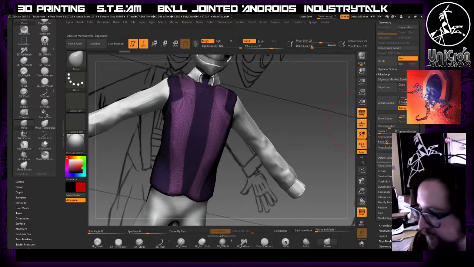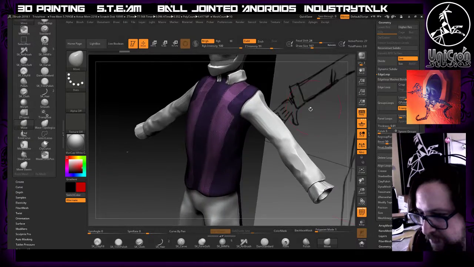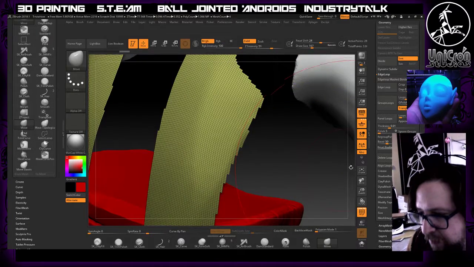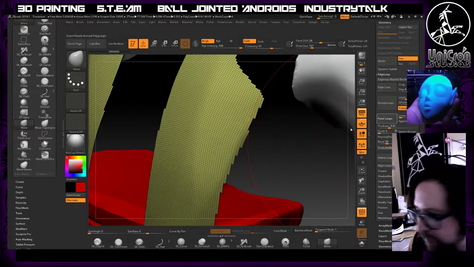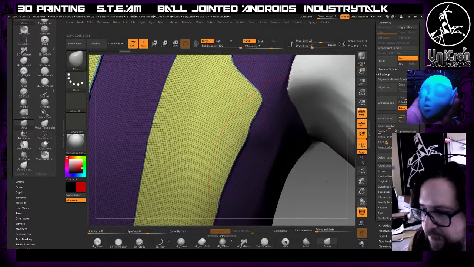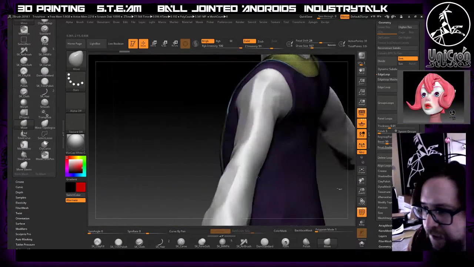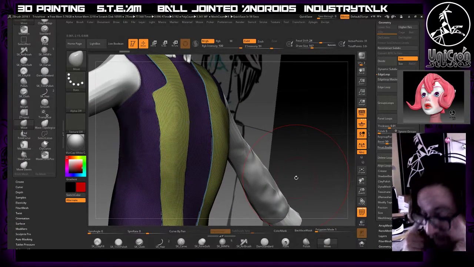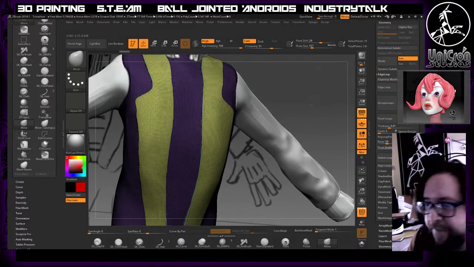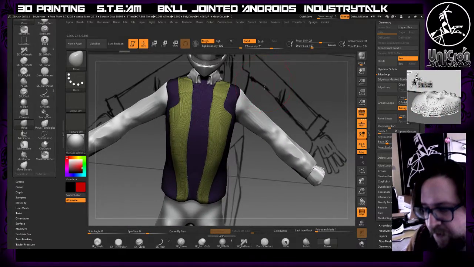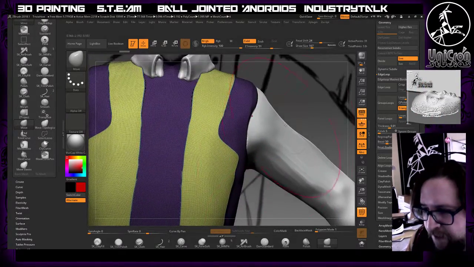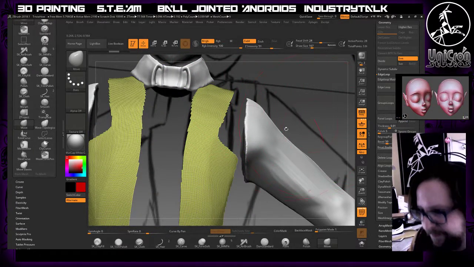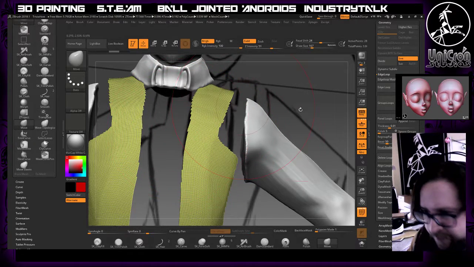I'm not sure if I like that. Okay, how about panel loops? Oh, that's a better result. Yeah, I seem to remember panel loops being good for making clothing, so let's do that. And now that we've done that, let's also remember it was hidden first. We just got the layer that we wanted to,